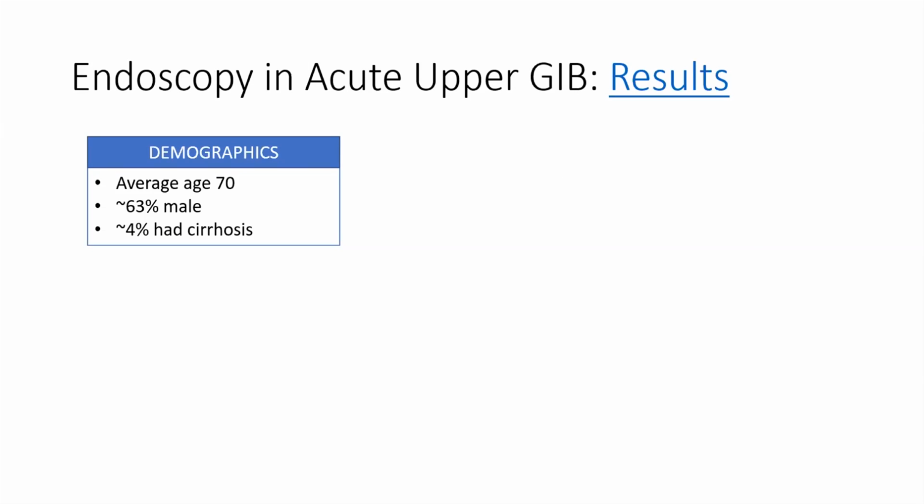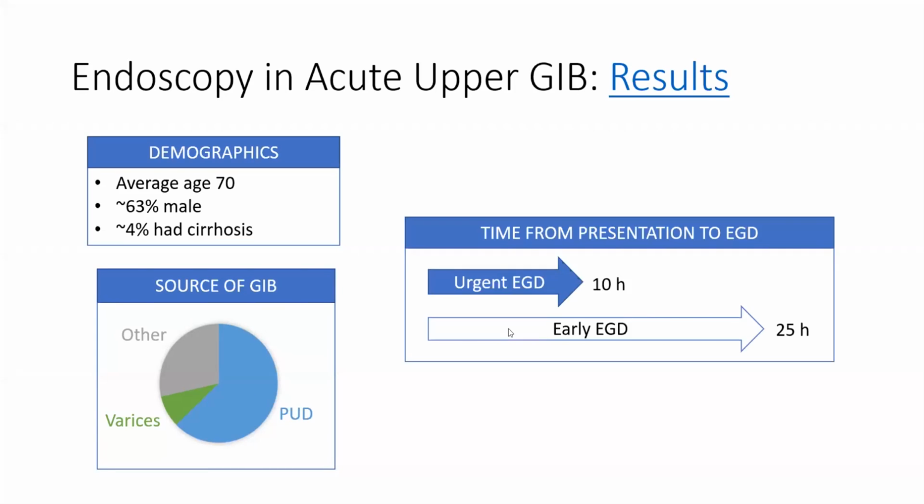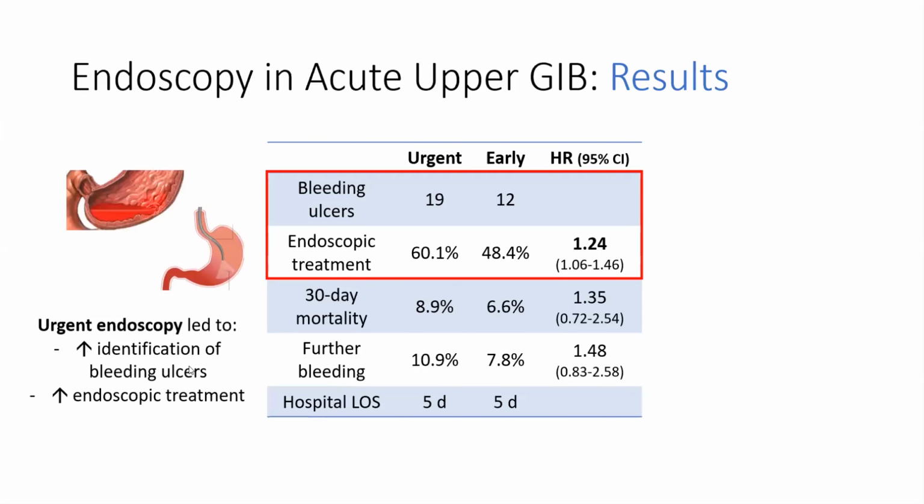These patients were on average 70 years old, predominantly male, and very few patients had cirrhosis. PUD was overwhelmingly the majority cause of GI bleeds in this study. And when they actually looked at the timing of endoscopy from presentation, the urgent EGD group actually received endoscopy on average about 10 hours from presentation, and in the early group, about 25 hours from presentation. Looking at outcomes,